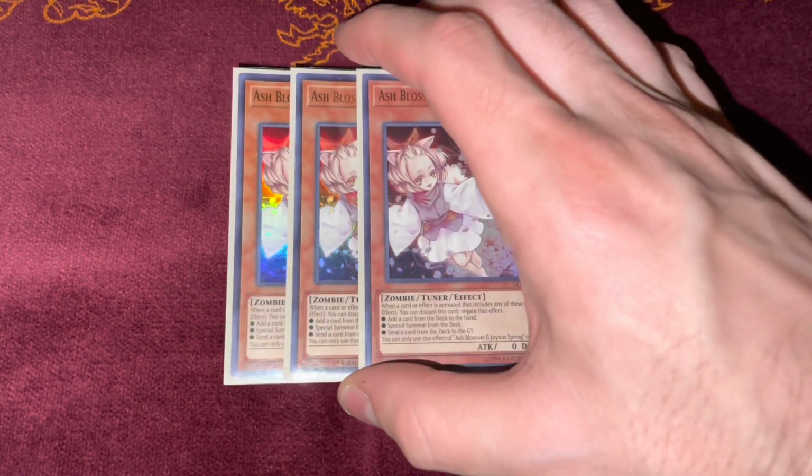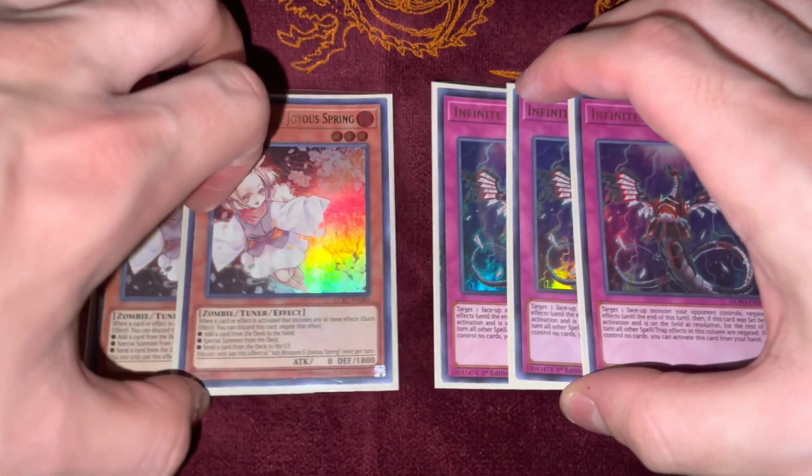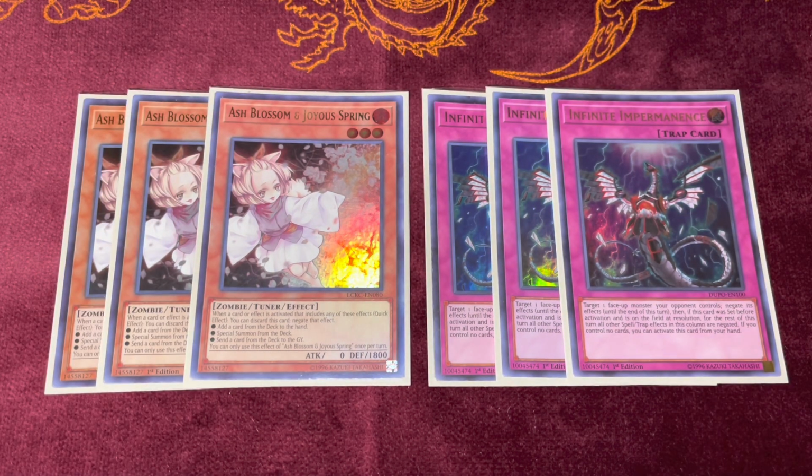Then moving on to the hand traps next. We don't play a lot of hand traps in the main deck, which is okay. We play 3 copies of Ash Blossom and 3 copies of Imperm. I feel like most people figured that Imperm was going to be in here because it is Altergeist. And the cool part is now, because we got the Cyber Dragon or Cyber Strike, whatever it is, the structure deck,